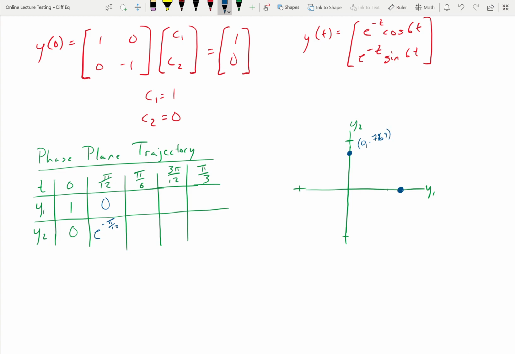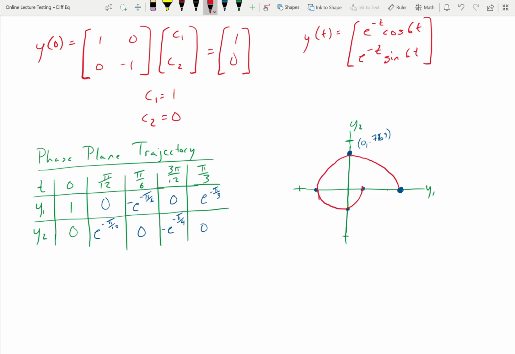And then the next value that we're going to get is negative e to the negative pi/6 and 0. And then we're going to get 0 and negative e to the negative pi/4, which is around a third. And then at this very last one, we're going to get e to the negative pi/3 and 0, and this was around 0.2. So if we were to draw our trajectory, we start seeing this nice spiral occur,